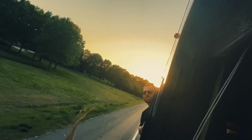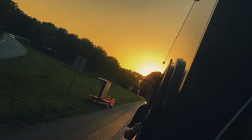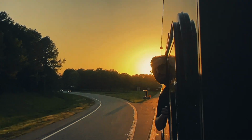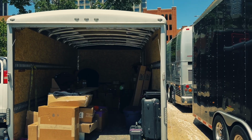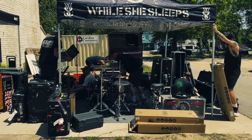So the next morning we headed in towards the first show, which was in Raleigh, North Carolina. I'm not sure how you pronounce it, but yeah, headed in. This is the first time I managed to get all the gear out and fully set up. We checked to make sure everything was there the night before, but this is us just checking through everything, building